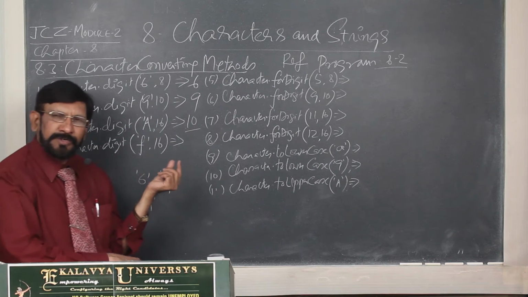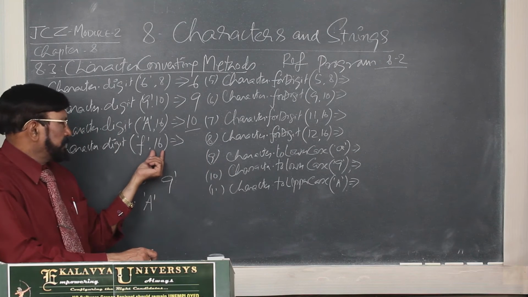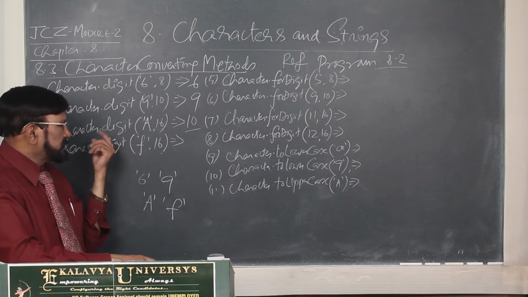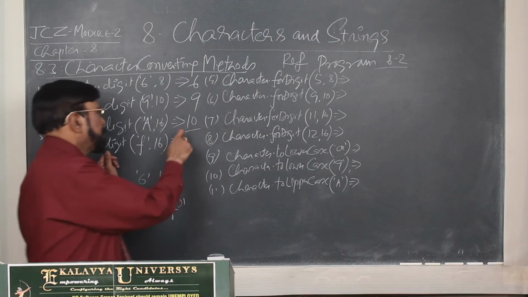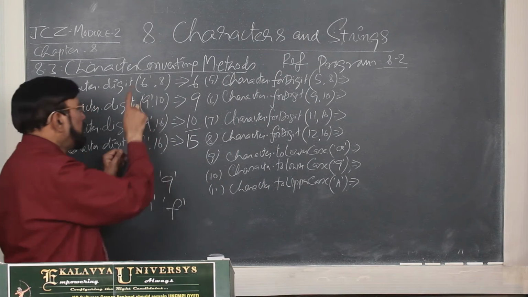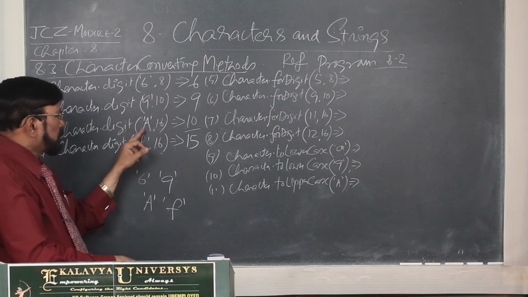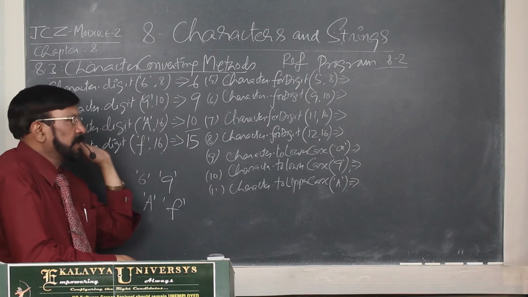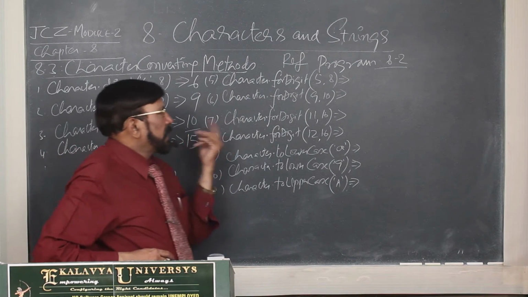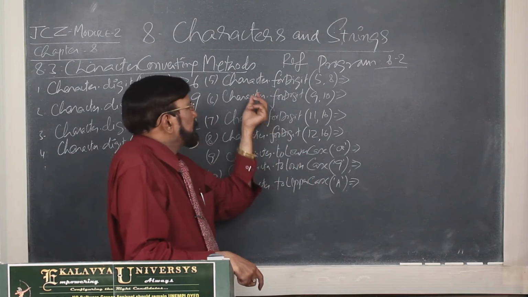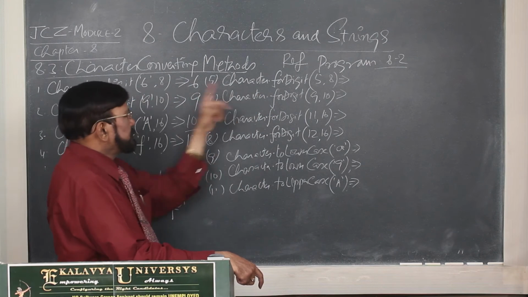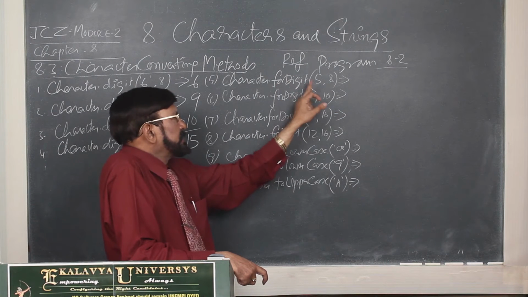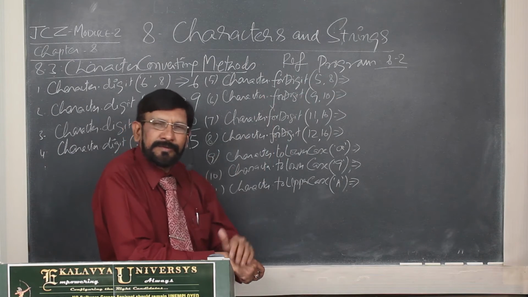The similar question: in the hexadecimal system, which value is represented by lowercase f or even uppercase F? Obviously that is 15, and according to syntax you have to write the first parameter as a character. That's why you must enclose it with single quotes. Okay. Now another set, similar but in a different way. Now we see this is digit, this is for digit. Now in octal, digit 5 with 8, what does it mean?